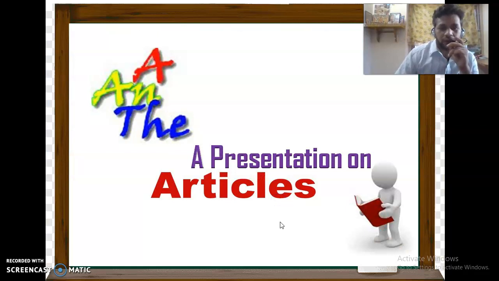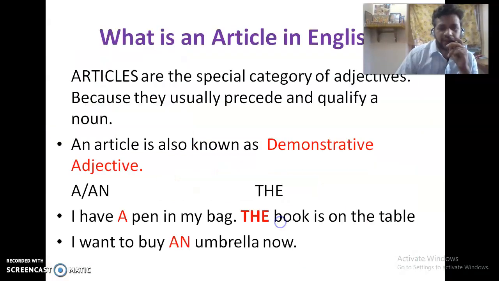As you know, today my topic is articles. It is quite interesting and very easy for us, but we should know some important rules. First of all, articles are a special category of adjectives, because they usually precede and qualify